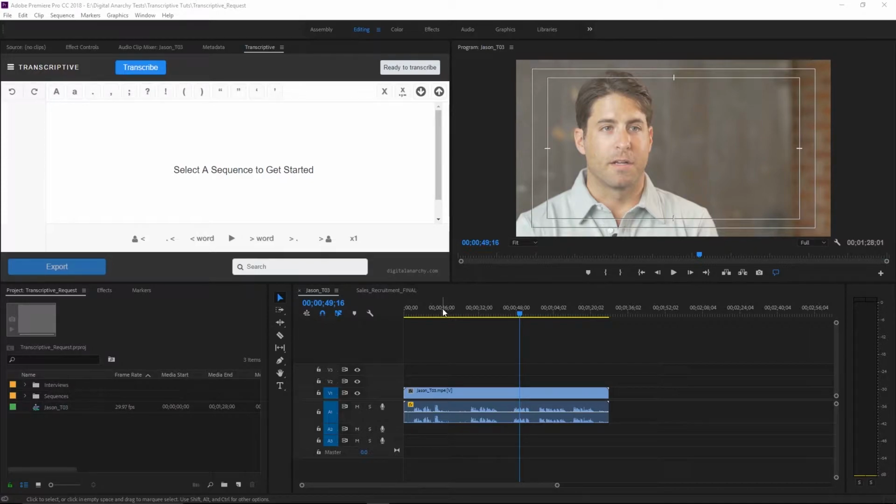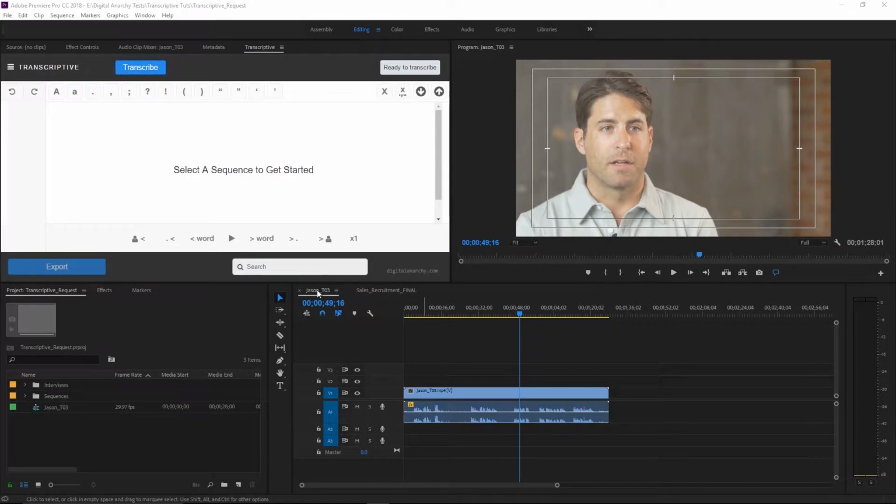In our last tutorial, Tor Olson showed you how to set up your Speechmatics and Watson accounts. Today, I'm going to show you the two different ways one can request a transcript from these two speech services using Transcriptive. So let's jump into it. The first method is by using this big blue transcribe button in the Transcriptive panel.